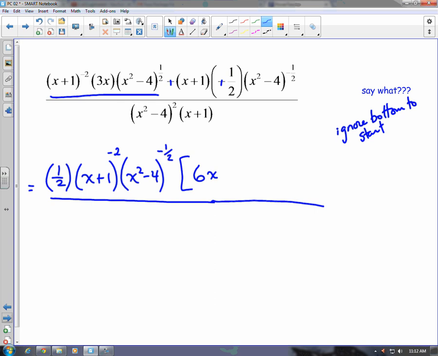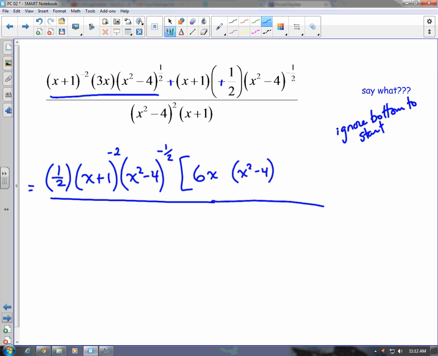And then the x plus 1 factor divides out, so that one's gone. The x squared minus 4 factor, let's see, the exponent was 1/2 minus negative 1/2, so that becomes a positive 1. Okay, so I don't have to write that positive 1, I'll leave that factor as it is. And that's done the first